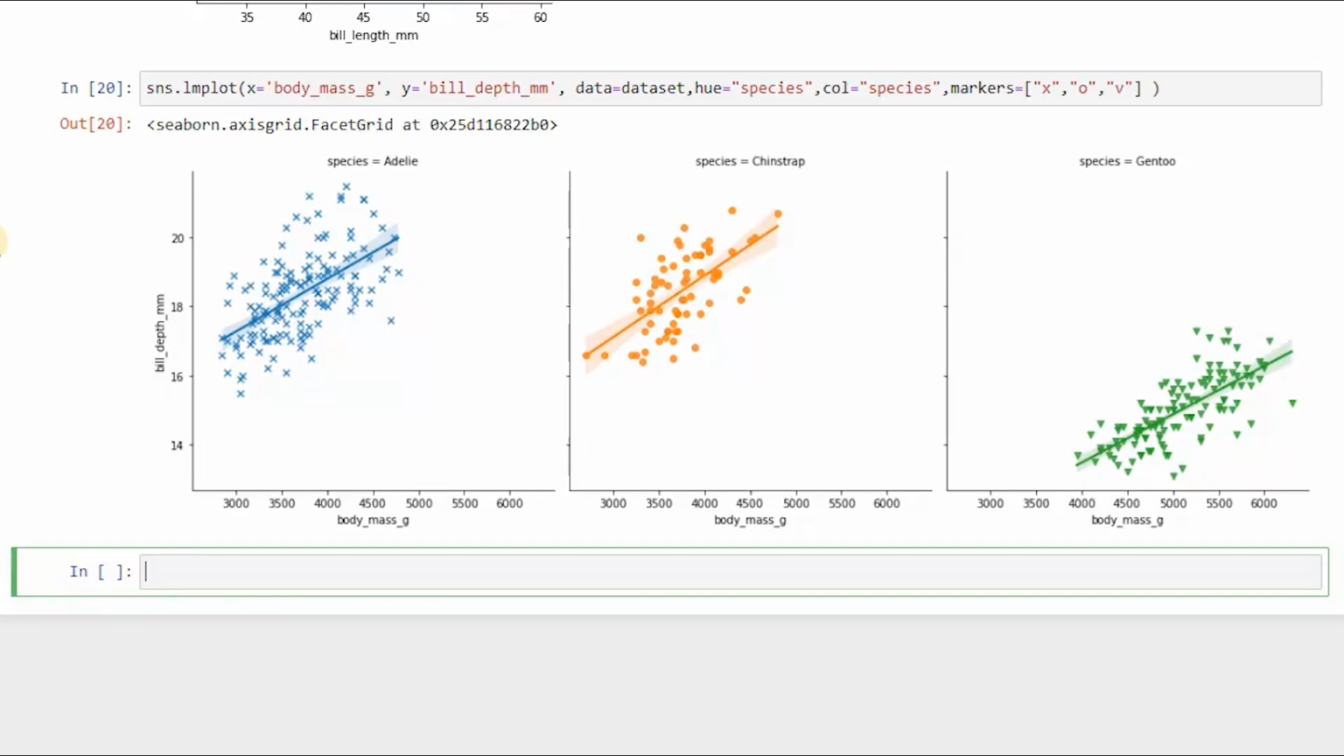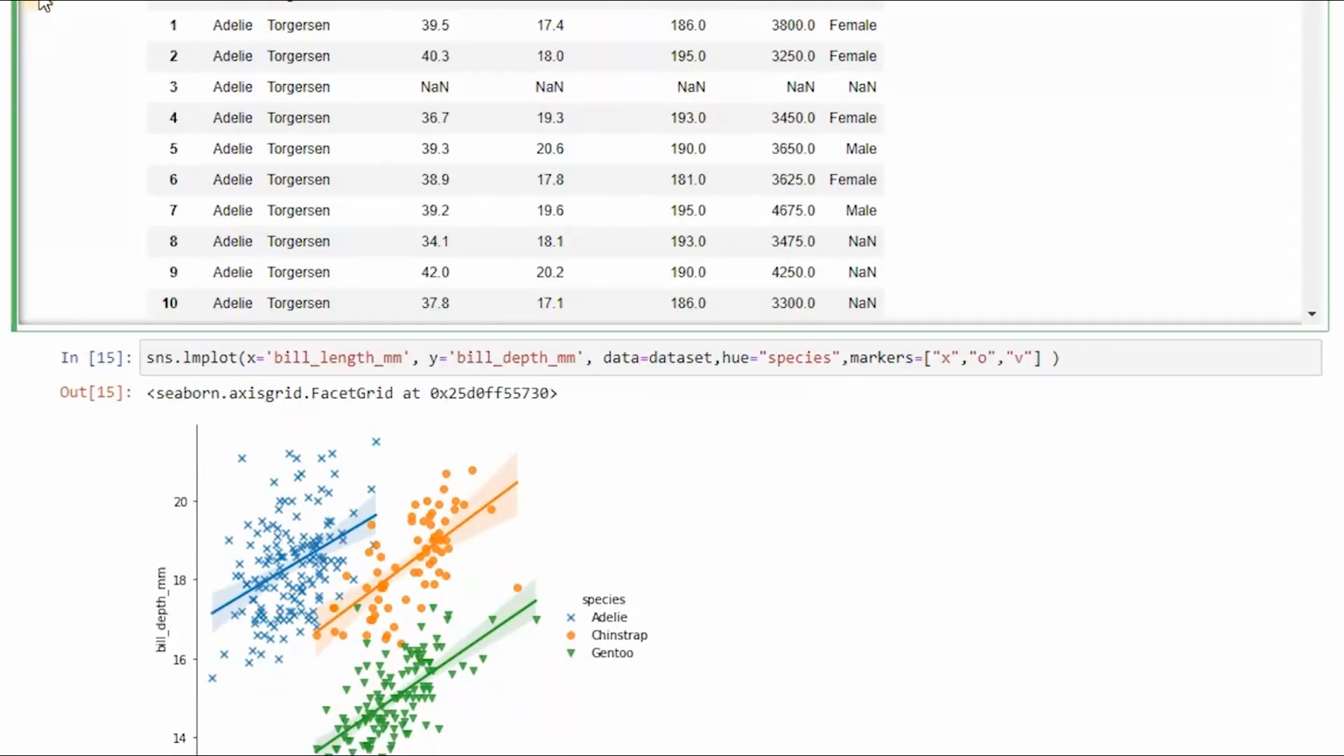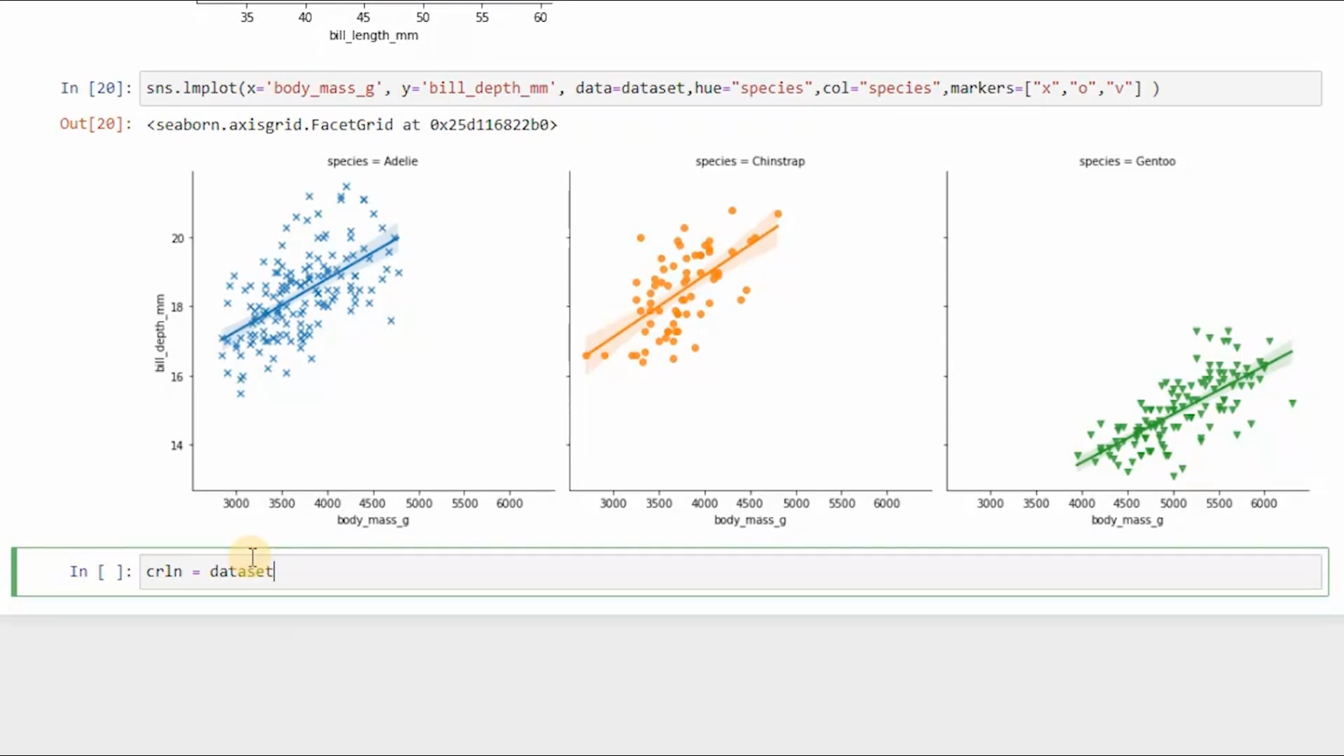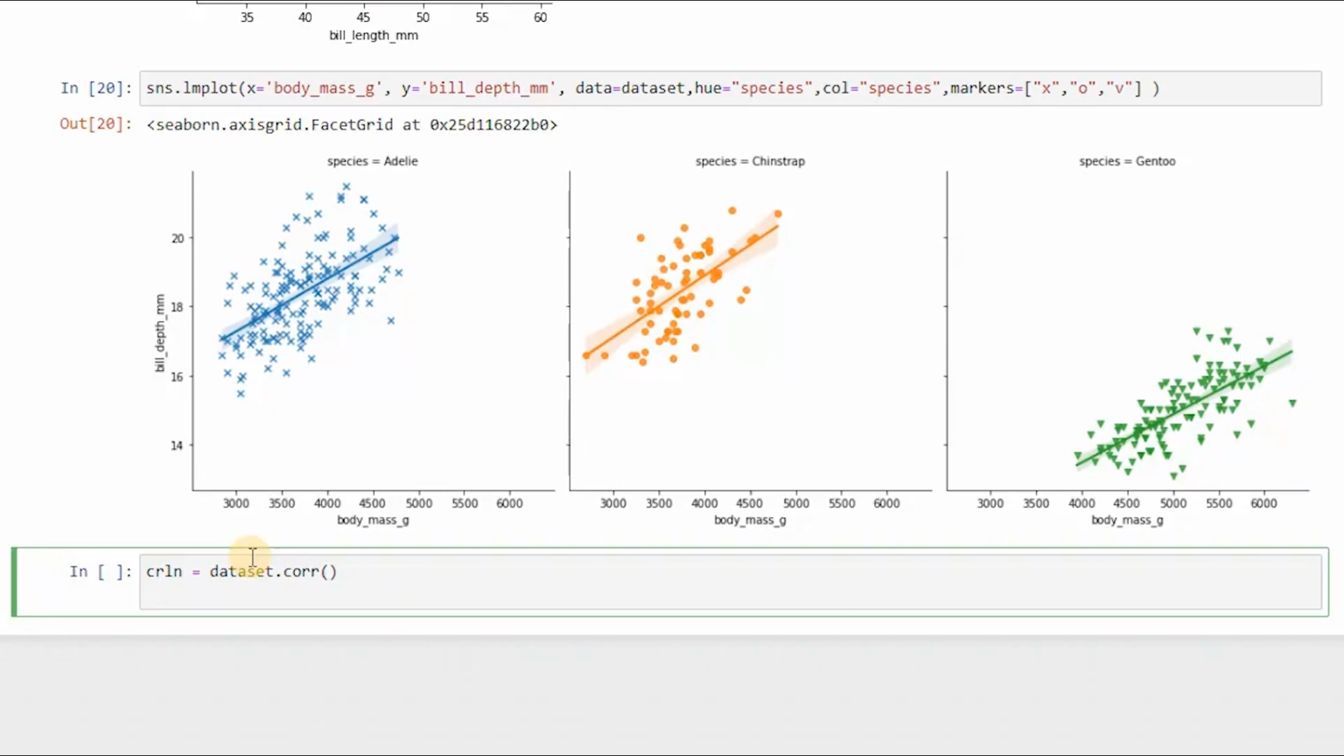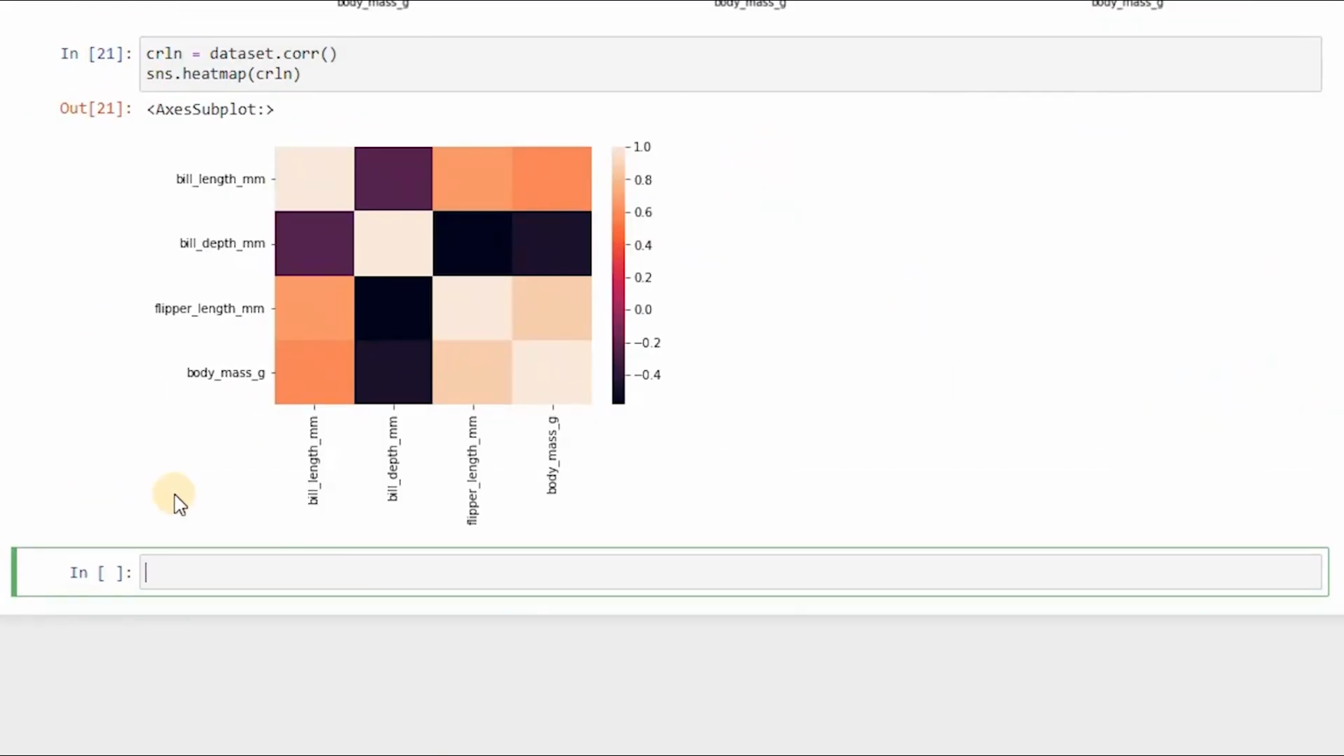Now, correlation is a huge topic in statistics, and SNS provides us with a method to calculate it and illustrate it. Let's create a variable that is called correlation, CRLN for correlation, and then we are going to apply it on our dataset here. So it will take our dataset and apply correlation on it. What we use to depict and illustrate dataset correlation is something called the heat map. So if I say sns.heatmap and I pass it this correlation that I have, we will be getting a